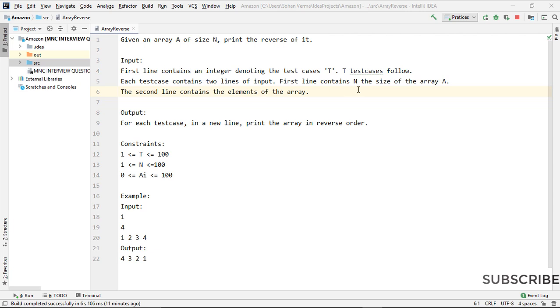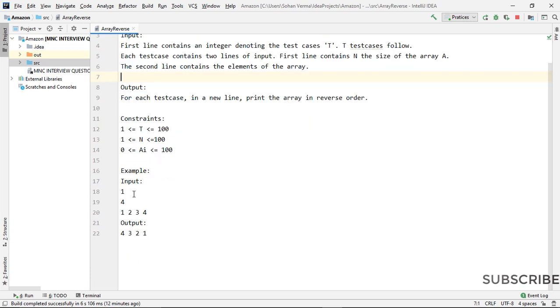The first line contains the size of the array, and the second line contains the elements of the array. The output for each test case, in a new line, is to print the array in reverse order.